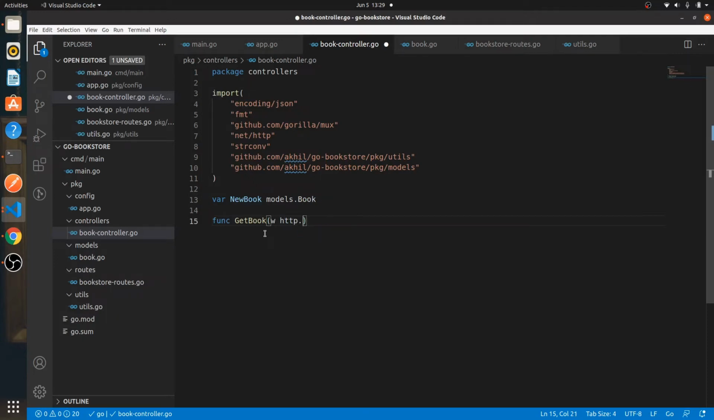Whenever you're building a controller function, you know that you have 2 things. You have a response writer and a request. For request, you put a pointer to the request that you receive from the user, so we have a request in R and our response in W. Whatever response we send to the user will be with W, so we'll have to return W basically. And then we'll have new books